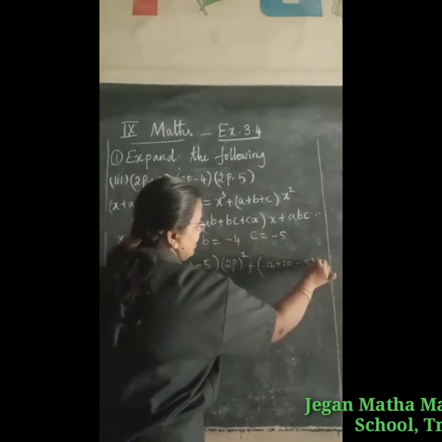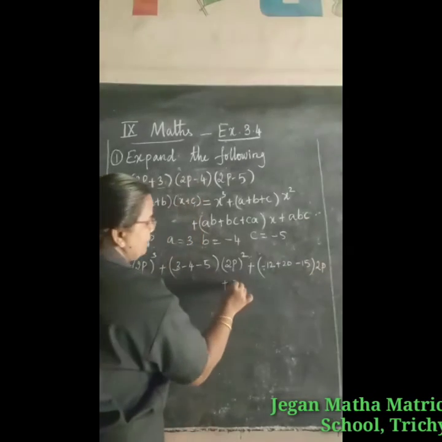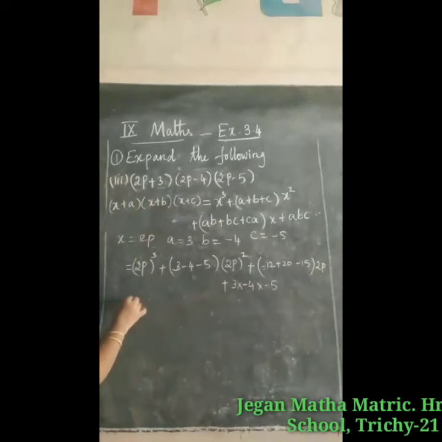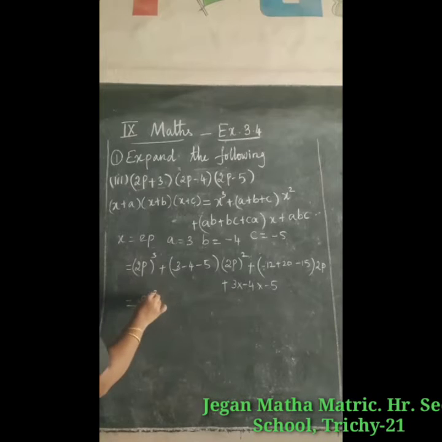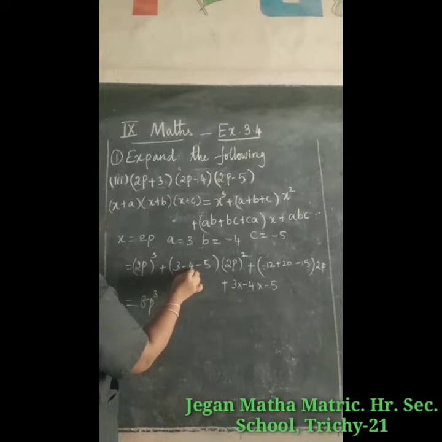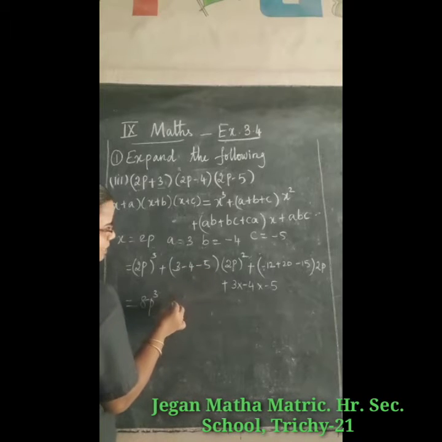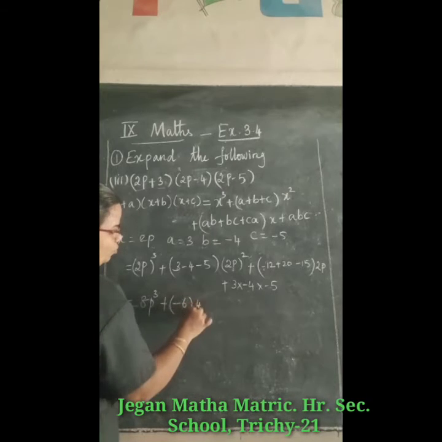Into x is 2p plus ABC. ABC means 3 into minus 4 into minus 5. So that is equal to 2 2s are 4, 4 2s are 8p cube. Here 3 minus 4 minus 1, minus 1 minus 5 minus 6, and plus minus 6 into 2 2s are